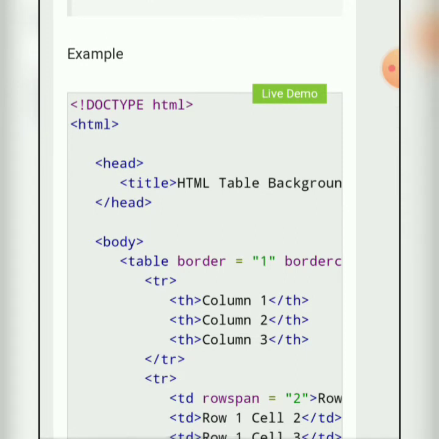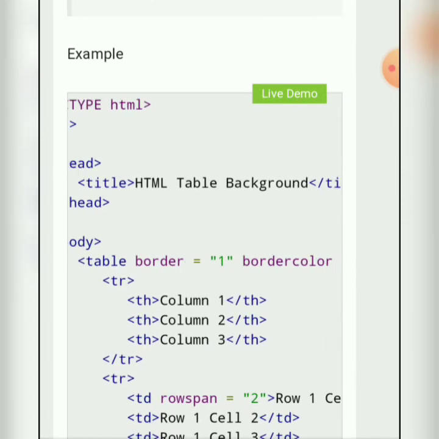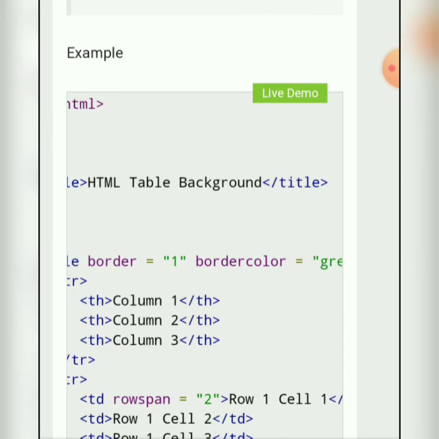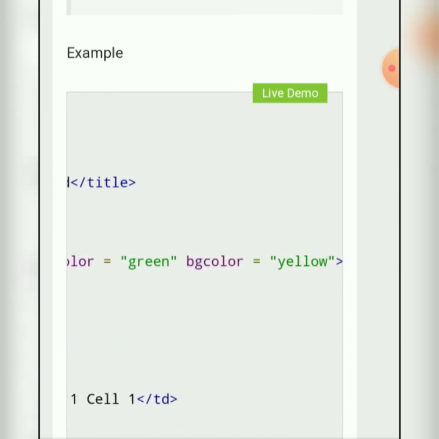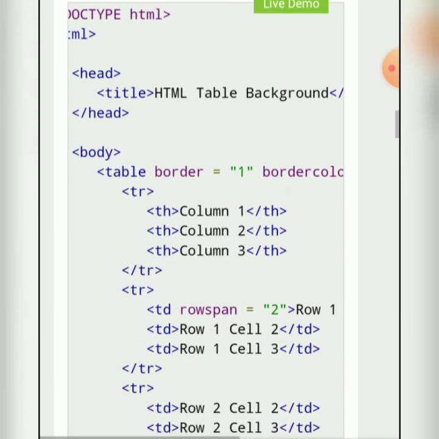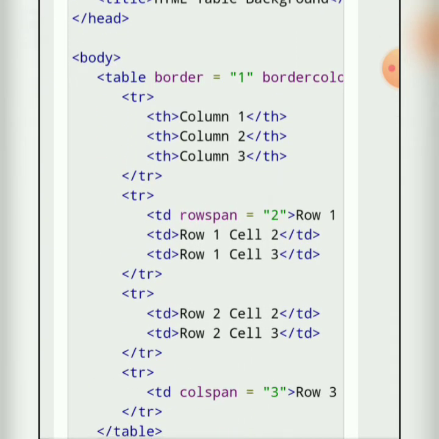Let's go through this program. Here we are specifying table border equal to 1, then bordercolor equal to green and bgcolor equal to yellow. Then we put the data: table heading column 1, column 2, column 3. Then we close that table row.